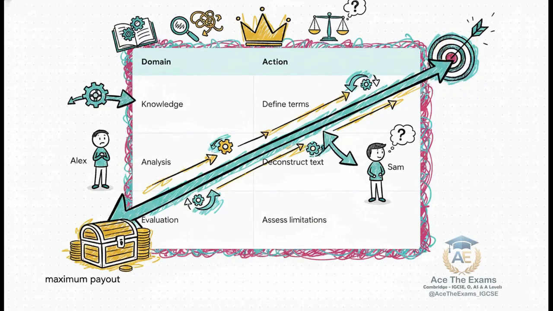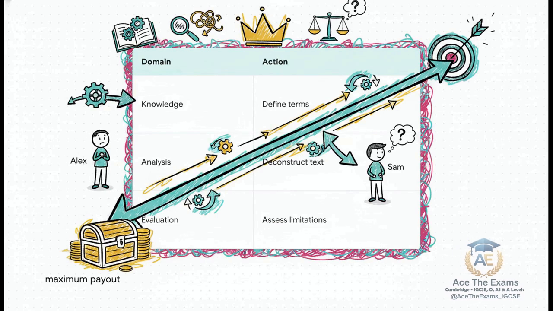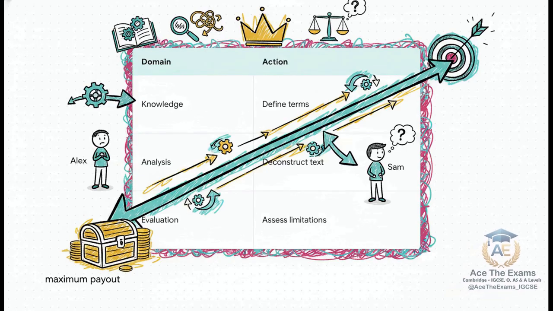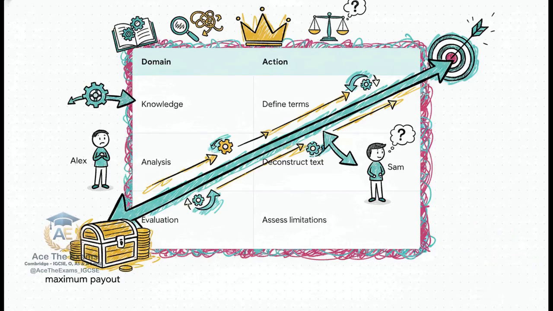To understand how to win, you have to master the cognitive domain matrix. To secure a top band valuation, what we call the $1 million A-star mark, your response must satisfy 3 distinct cognitive domains simultaneously. First up is knowledge and understanding. This is your base capital. You absolutely must define terms precisely and make clear cross-topic connections. But that's just the baseline. Remember our junior consultant Alex? He's great at this part, but he stops there. He gives me dictionary definitions, but no market risks.